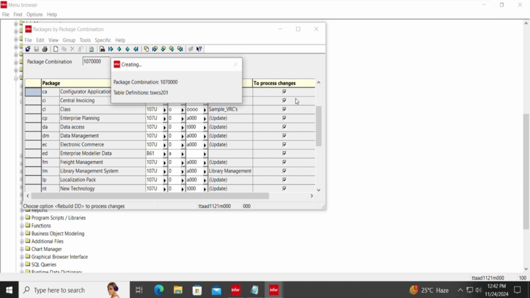Now this rebuild DD process will happen at the runtime level, okay? And the shared memory that I told you about will be at the application level, okay? So the application level will not update. Every time we need to log out of our system whenever we are doing certain changes, like you are going to add certain fields and do the convert to runtime data dictionary. Whenever you are doing any changes at the runtime data dictionary, you need to log out